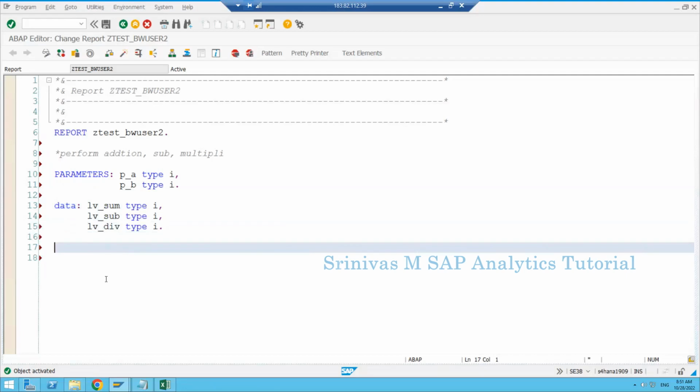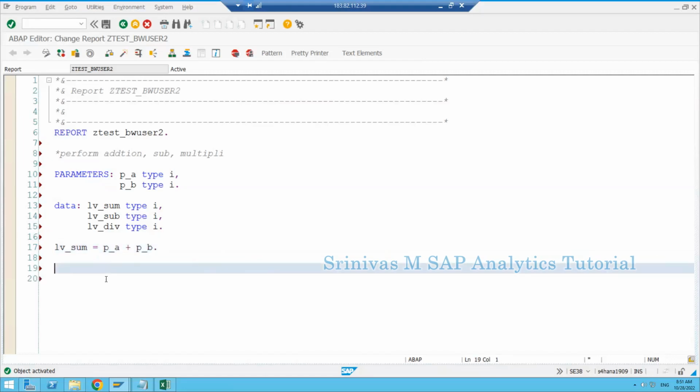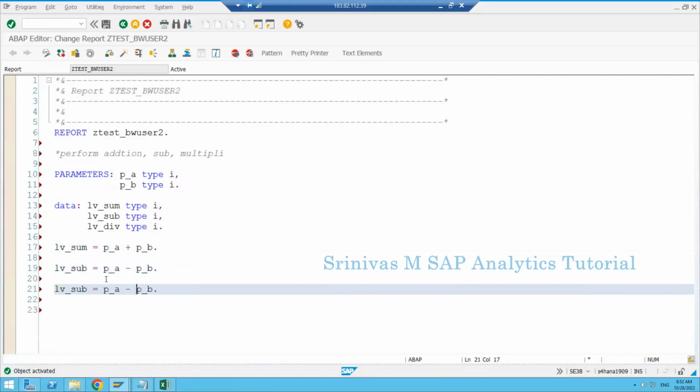Now I am going to perform addition. So generally what we do to perform addition, either I can write simply lv_sum is equal to p_a plus p_b. Okay, so lv_subtraction is equal to p_a minus p_b. Similarly, division is equal to p_a divided by